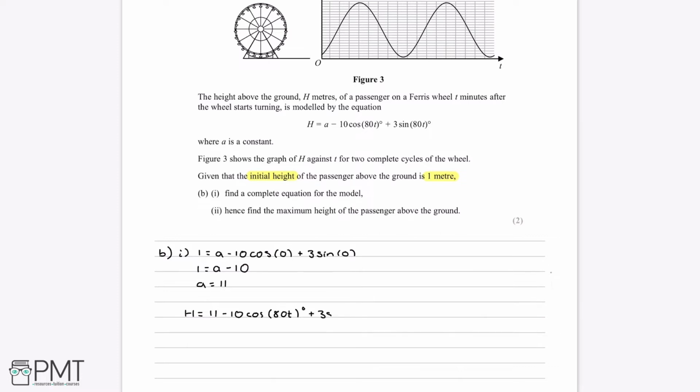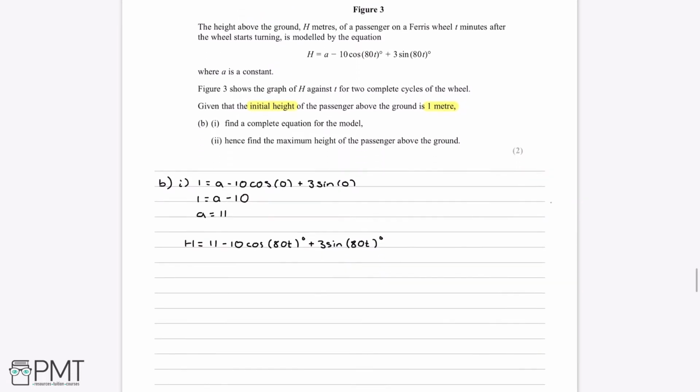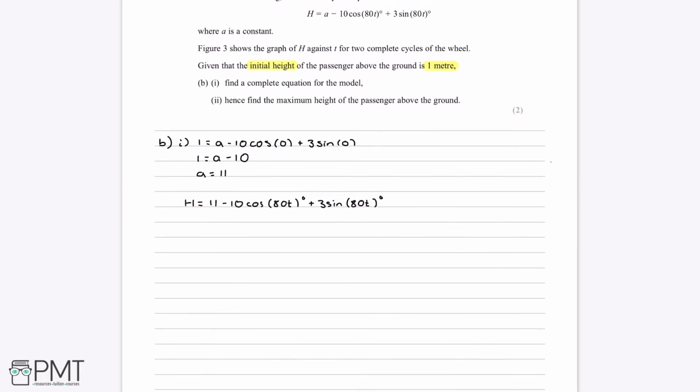plus 3 sine 80t. Now the mark scheme for this question actually has 2 examples of answers you could give, and one of them is stopping here. So you could give this as your answer and get the mark. But you can also go a bit further and use the answer to part A to develop this equation. So what we can do is, because in part A we were told that